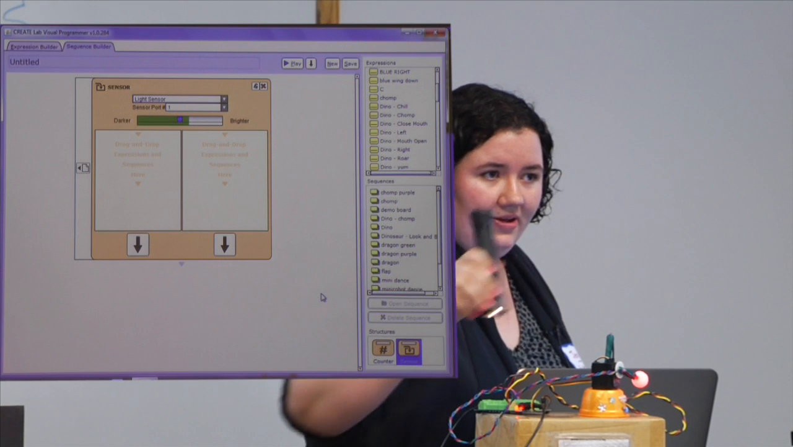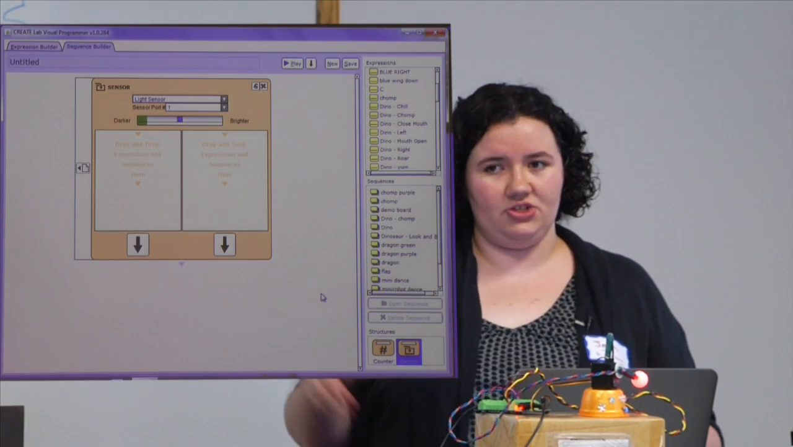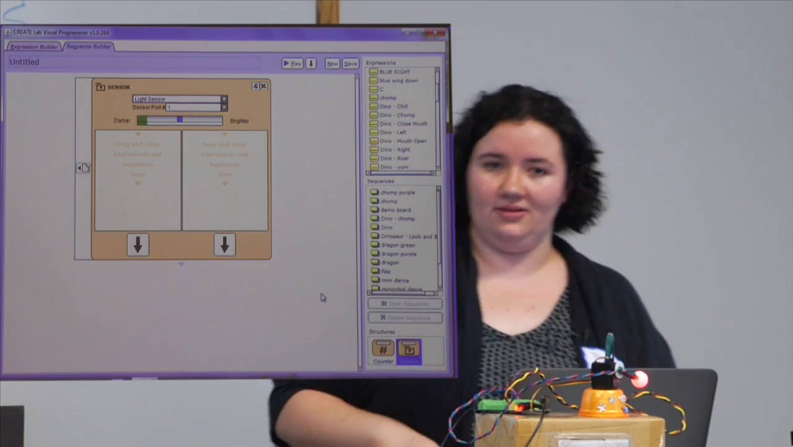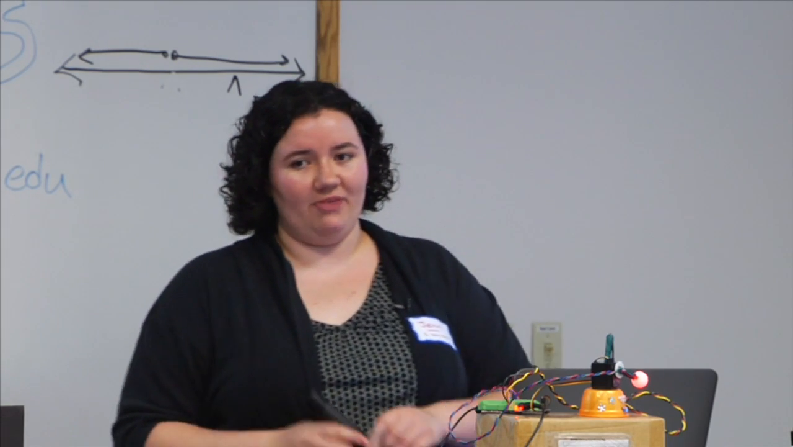So I can get it brighter and darker, and I can change the number. Does everyone have their light sensor kind of behaving like that? You can kind of see how you control it? Awesome. So I want my robot, since I'm in the dark, I'm going to actually have my robot do stuff